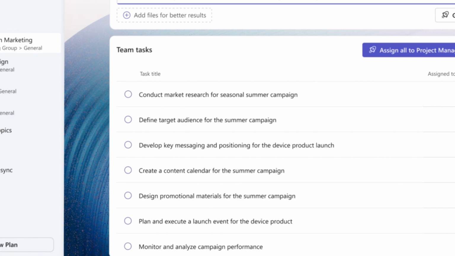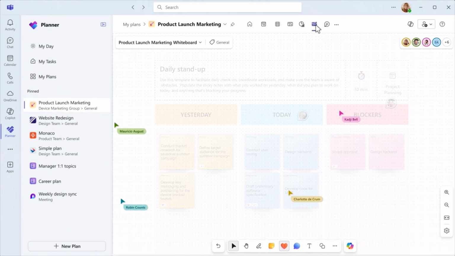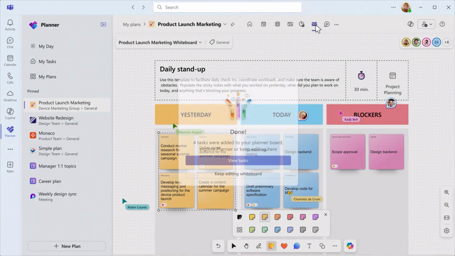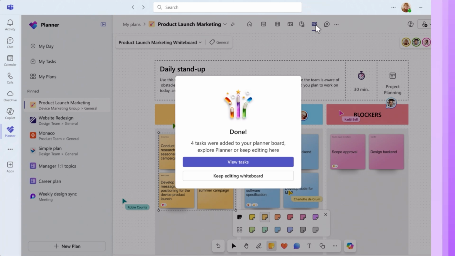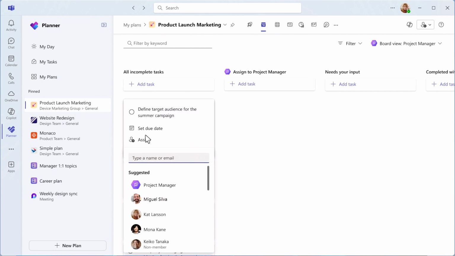Yes, it's that easy. When the team wants to brainstorm, they can use the Microsoft Whiteboard app right within the plan, allowing them to stay in the flow of work. As sticky notes are added, they can be converted into tasks, which automatically adds and updates the plan. Tasks can also be added manually or through the drop-down menu and assigned to team members or the project manager